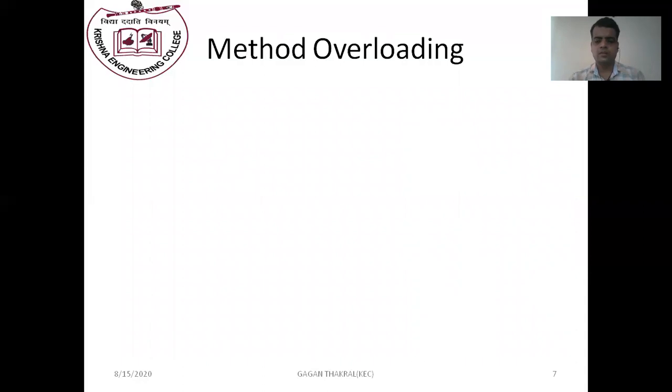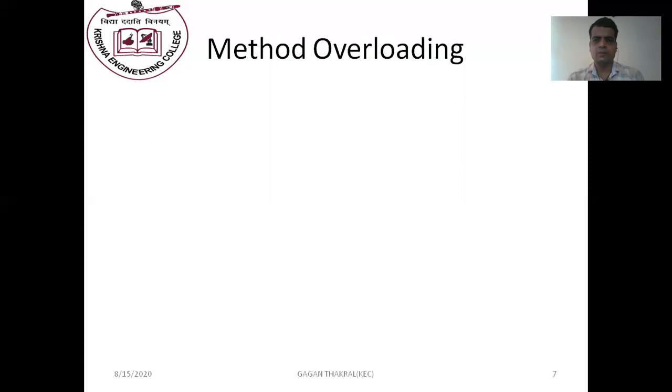Before this, I would like to mention that in Java polymorphism is divided into two categories: one is compile time polymorphism and the other is runtime polymorphism. Initially, we will discuss compile time polymorphism. In today's lecture, we will cover only compile time polymorphism. After a few lectures, after inheritance, we will discuss runtime polymorphism. So now we will discuss compile time polymorphism.